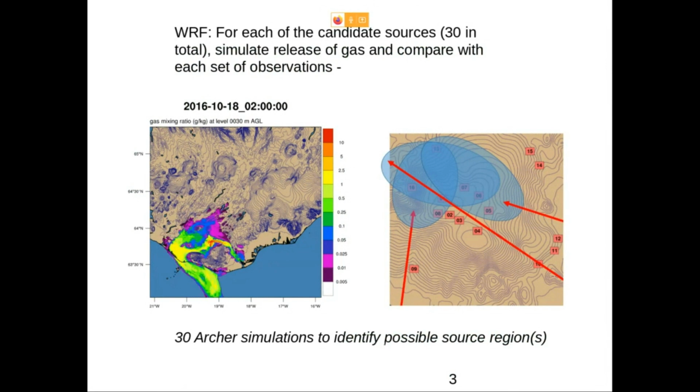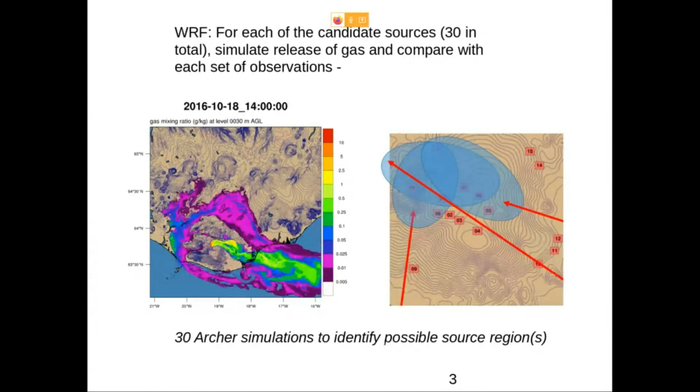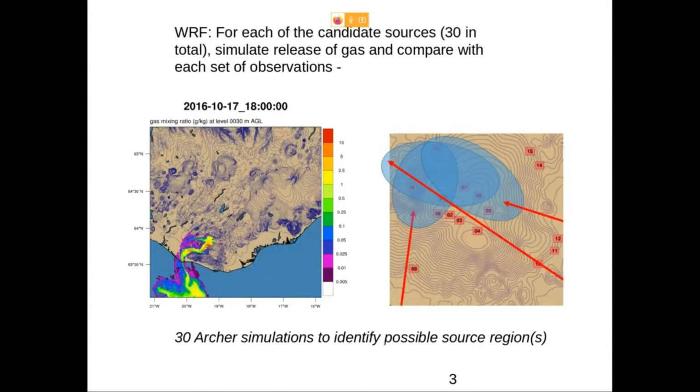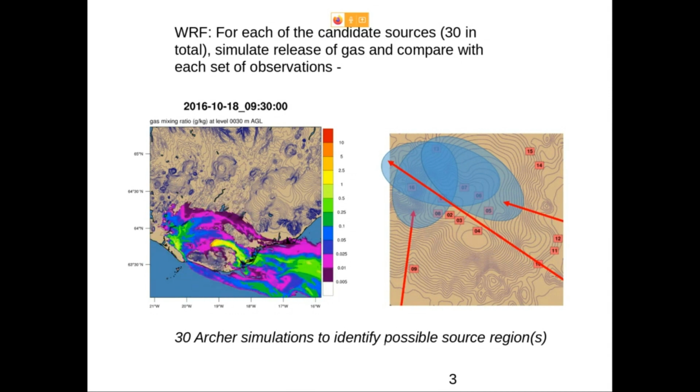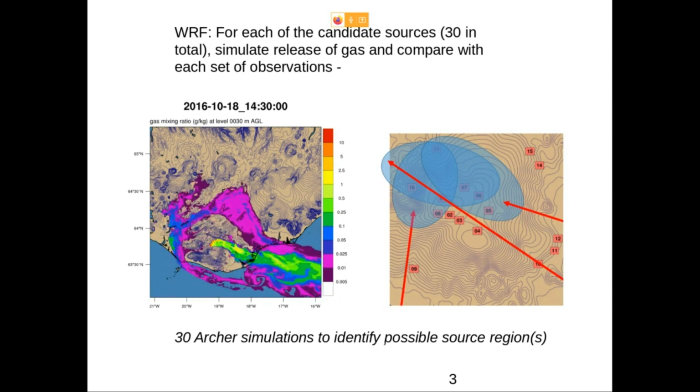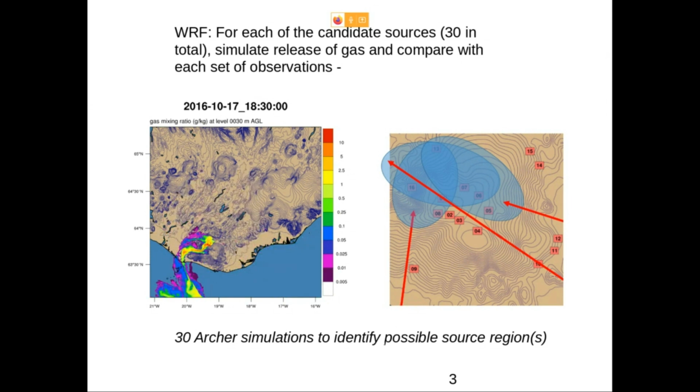So initially we had 30 candidate sources, and for each particular source, and one is shown here on the bottom left simulation, you would simulate the release of carbon dioxide from this source, compare it with the observations, and determine if it matches the observations. If it doesn't, you could eliminate that as a potential source. So we did this 30 times in order to identify the source regions, by a process of using a simplified Venn diagram. So I've shown in the bottom right hand panel three such cases there. So this is comparing with 3 flights, and we could narrow it down